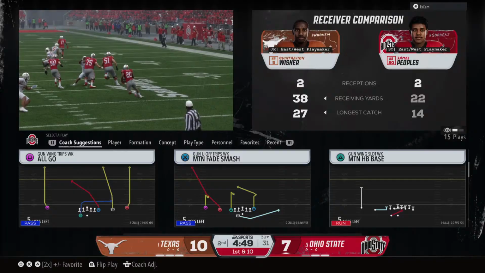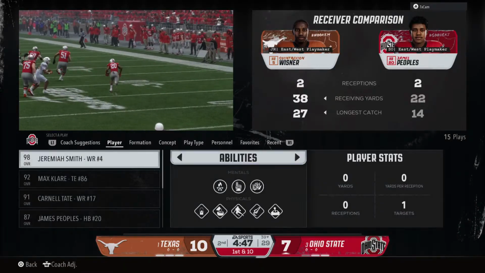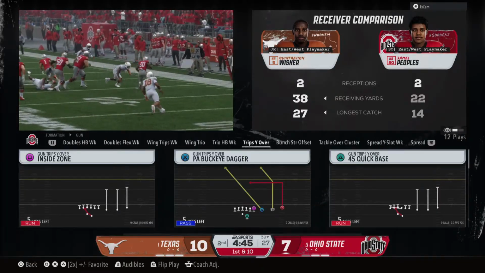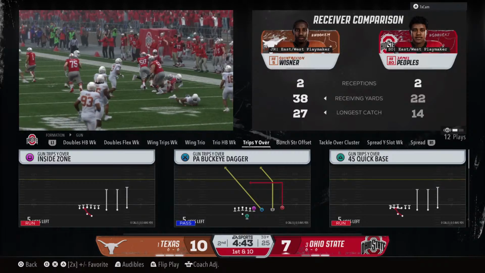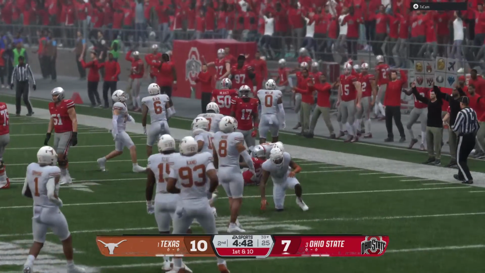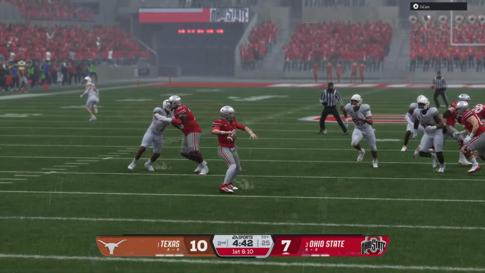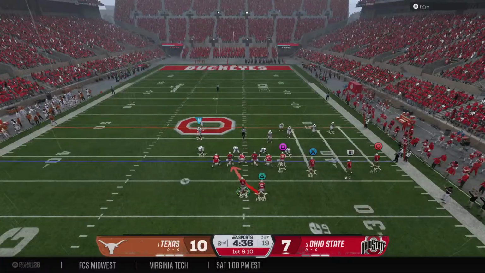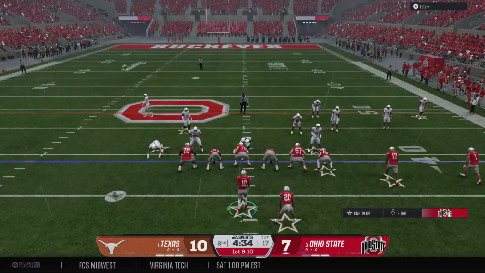The quarterback kind of baits the defense towards him, drops it off to the back, and he's got a convoy in front of him for a nice first down. Pass complete for a first down. The offense gets a fresh set of downs.